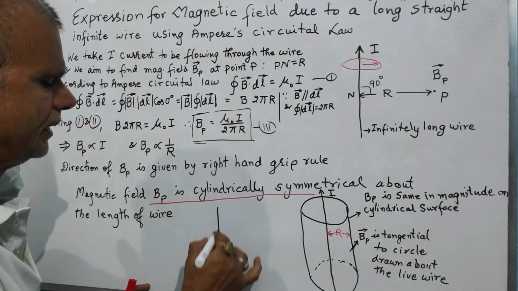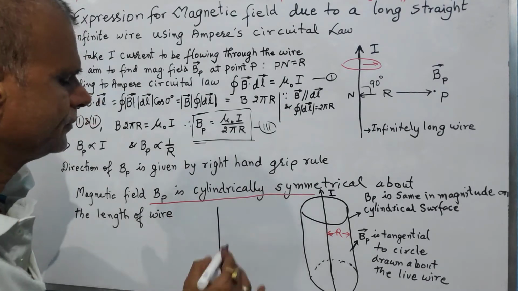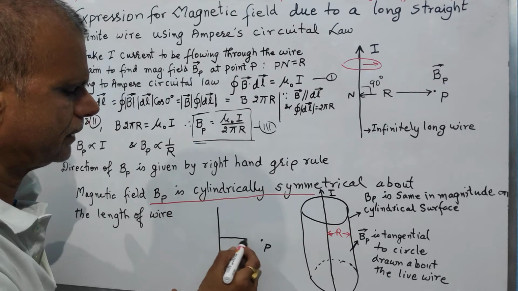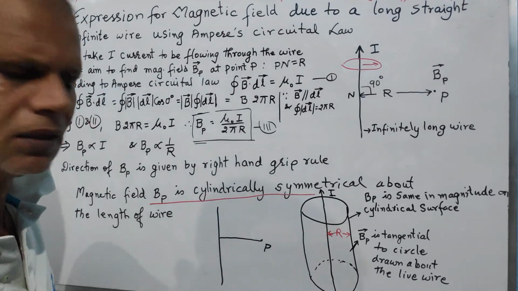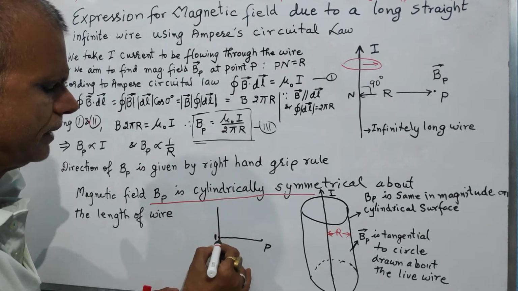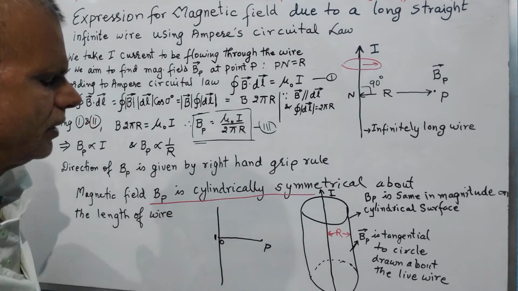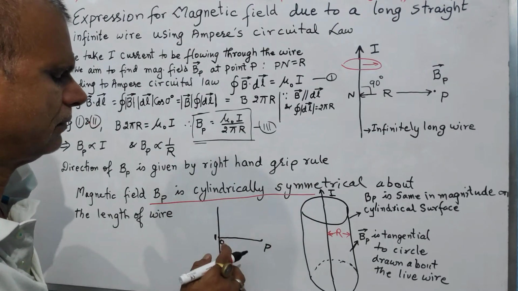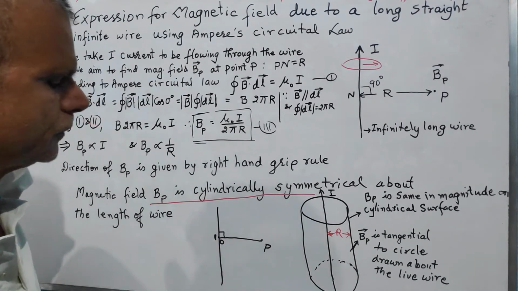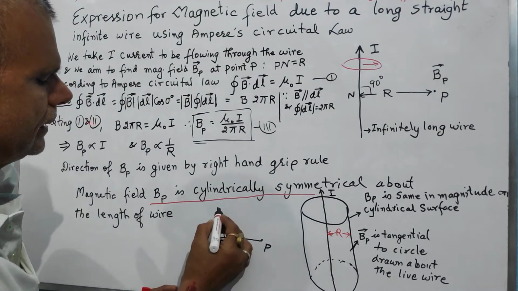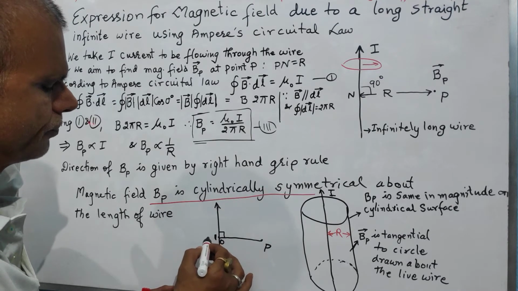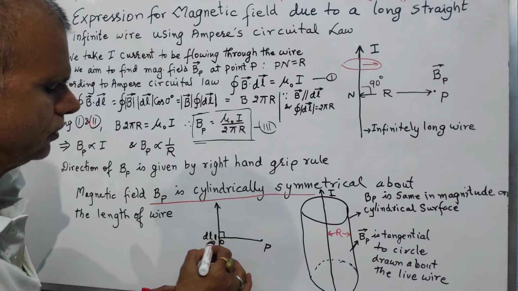Say we have an infinitely long wire, and we consider any point P to lie at some finite distance from it. Since the wire is infinitely long, we consider the perpendicular distance from P to the wire, and where the perpendicular drops on the wire, we call it O. Then the current element at this point O, say dl O,